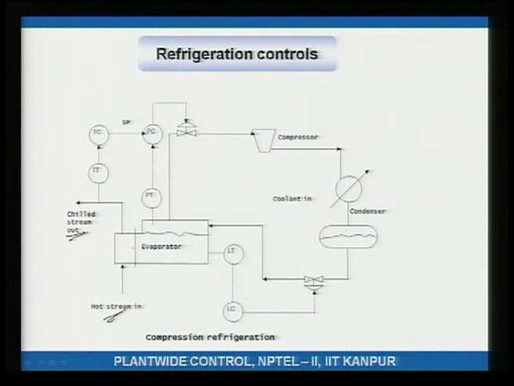On the refrigeration side, what I have is the refrigerant which is in contact with the hot stream. Because the refrigerant is extremely cold, the refrigerant absorbs heat from the hot side, causes vaporization. The evaporated refrigerant goes to a compressor, it is compressed. It is compressed to such a high pressure, so that you can condense it, or liquid at that high pressure it can be condensed using, for example, cooling water.